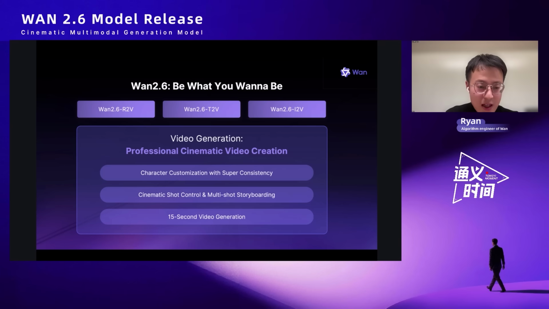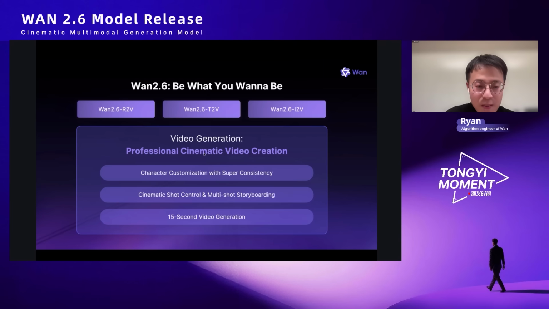And why do we say that? With R2V, we made a big step in realistic character customization. It means that you can create AI videos for basically any character you want. On top of that, the generated videos support film style multi-shot control, so you can direct the camera much more precisely. Finally, we extended the generation length to 15 seconds.